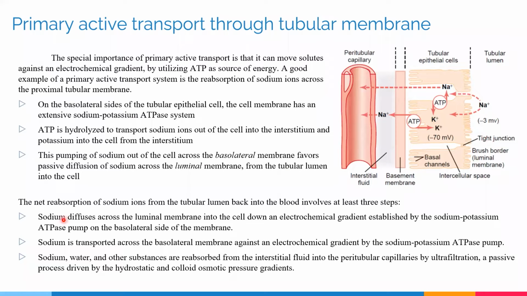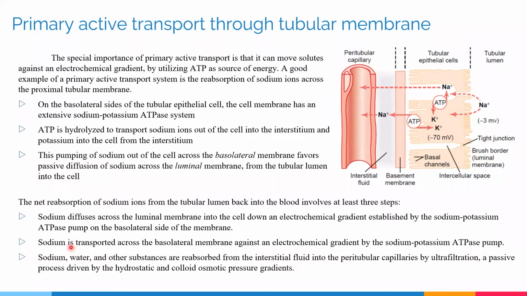The net reabsorption of sodium ions from the tubular lumen back into the blood involves at least 3 steps. The first is sodium diffusion across the luminal membrane into the cells, down an electrochemical gradient established by the sodium potassium ATPase pump on the basolateral side of the membrane. Sodium is then transported across the basolateral membrane against an electrochemical gradient by the sodium potassium ATPase pump. So the sodium potassium ATPase pump helps in the pumping of sodium out of the cell and transport of potassium